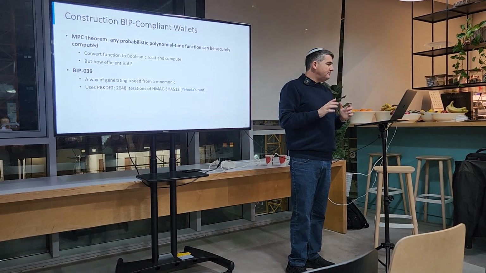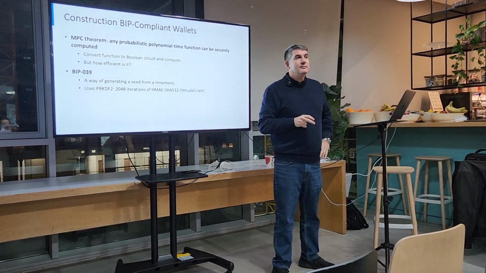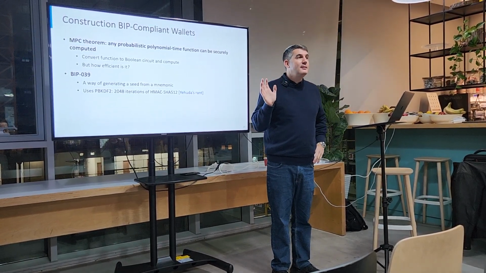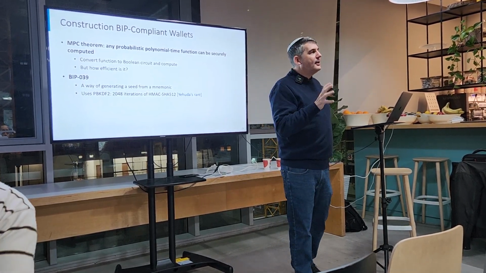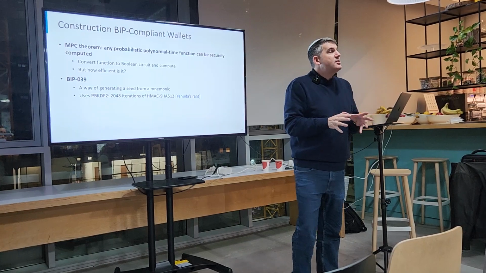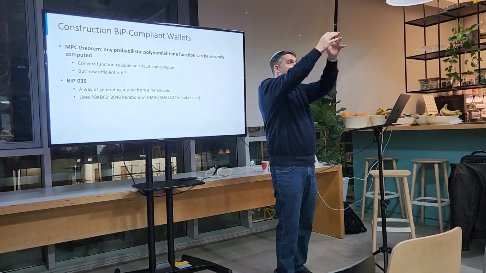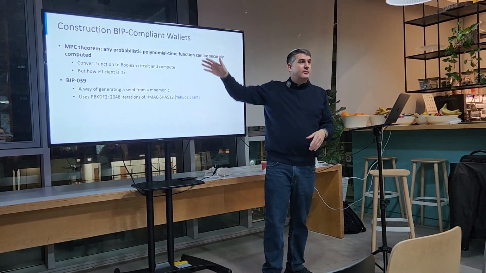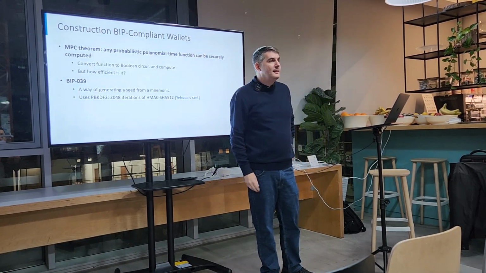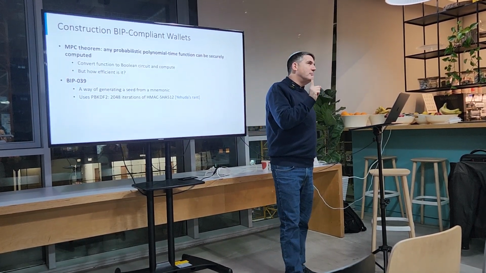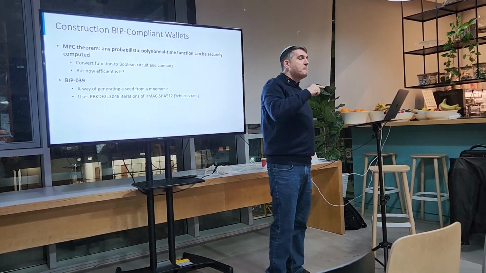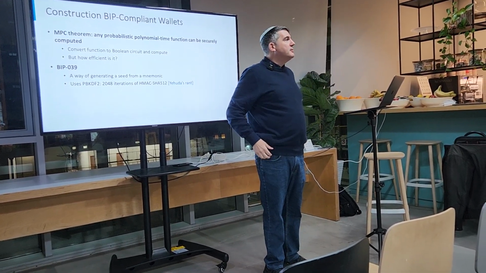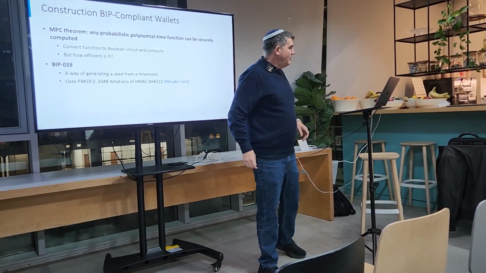There is one problem, which is BIP39. Who here is familiar with BIP39? One person. So BIP32 says how you take a seed and generate all of these keys. That's the beautiful diagram I showed you before. BIP39 said, okay, one second, but I don't want to have a seed, I want to have a mnemonic. I'll go from a mnemonic to a seed. And here's the standard way of going from a mnemonic to a seed. And they said, we're going to hash it